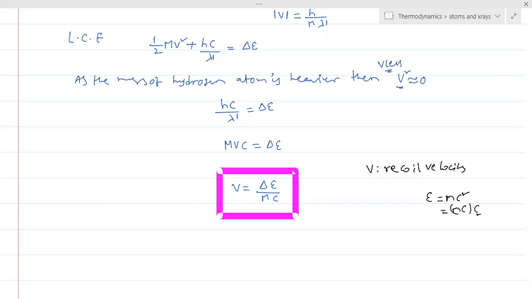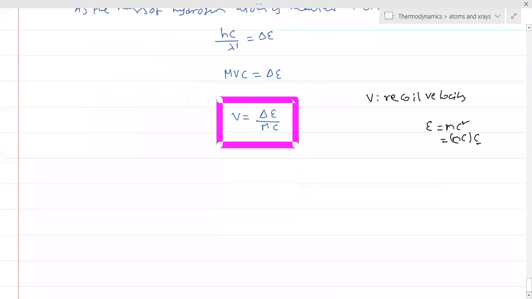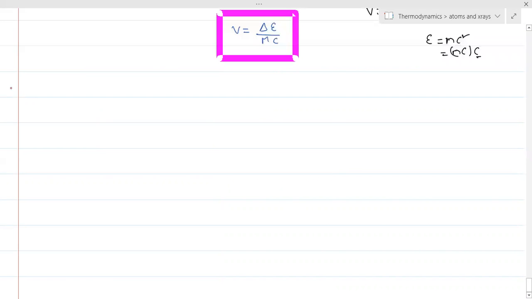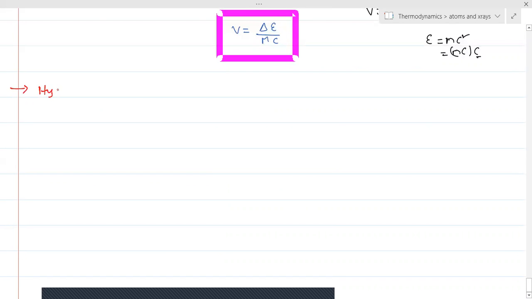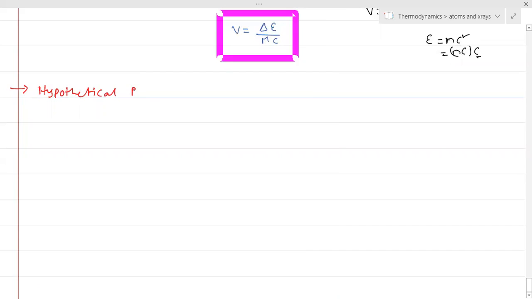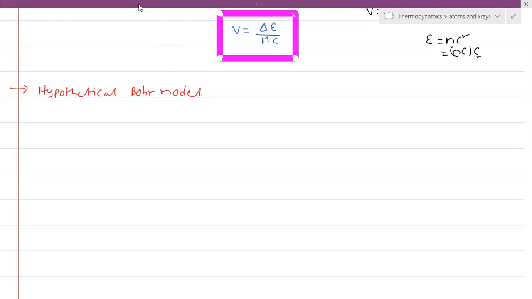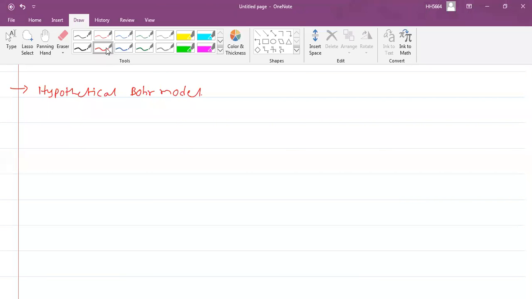So at the end of the conclusion of this atom, we are left with a little concern. Of course this is very important: the hypothetical Bohr model. So hypothetical Bohr model means